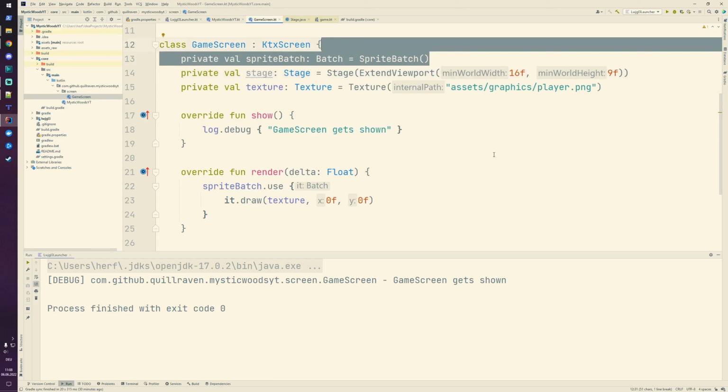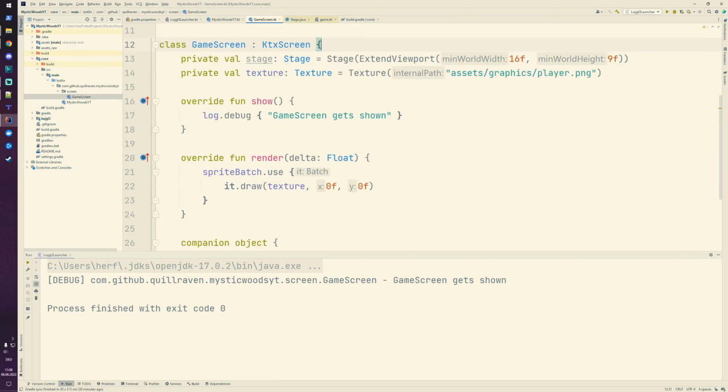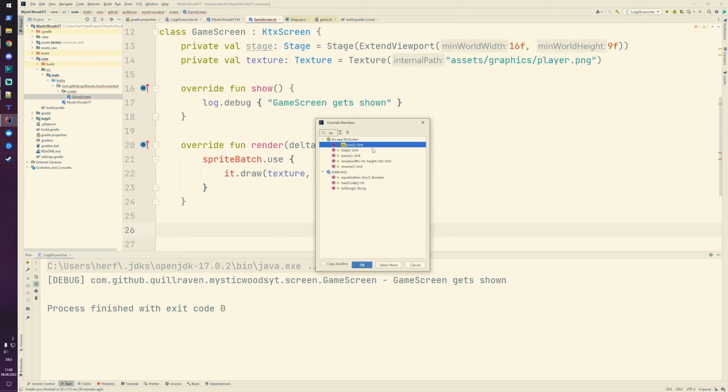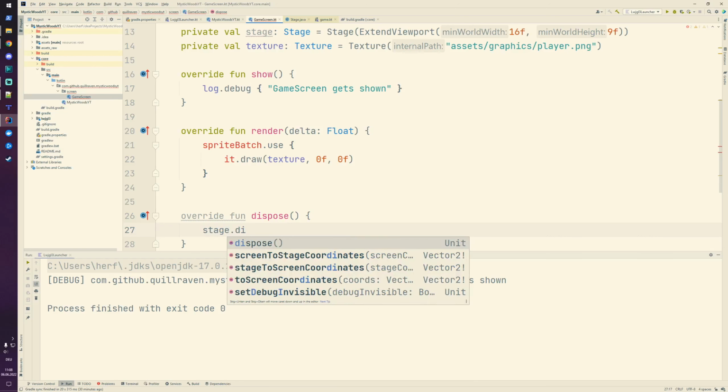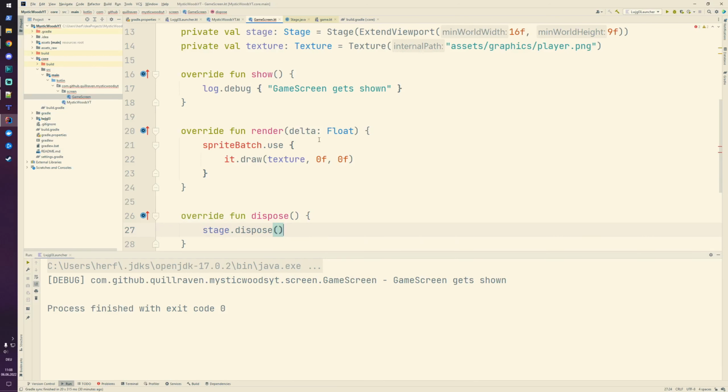So then the sprite batch, we don't need that. Then a stage. As mentioned, there are always these disposable resources, and the stage is one of those. So we need to take care to dispose our scene. Okay, and then there is also